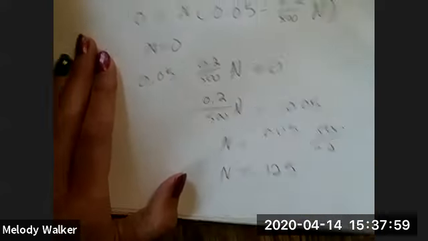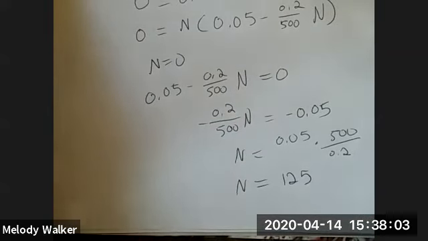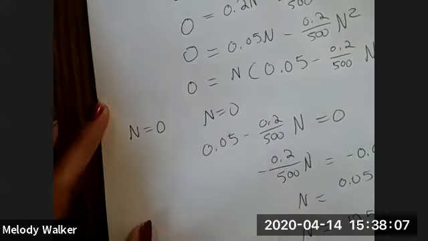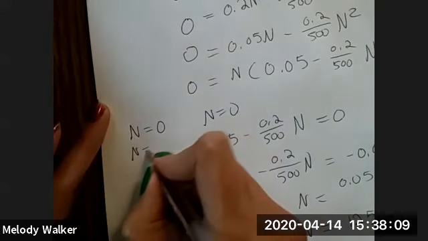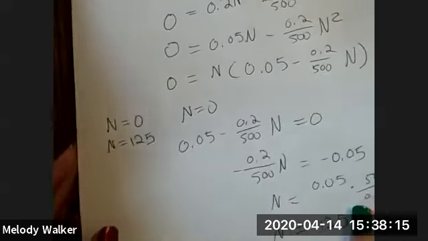125. And so these were critical points, but in terms of differential equations, these are also equilibrium solutions. They in and of themselves are equations, N equals 0, N equals 125, and they're solutions to this